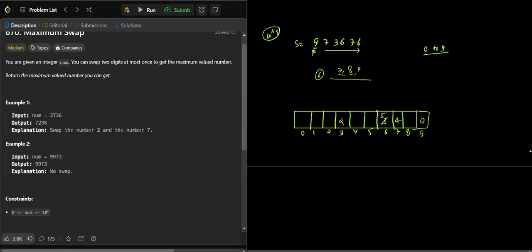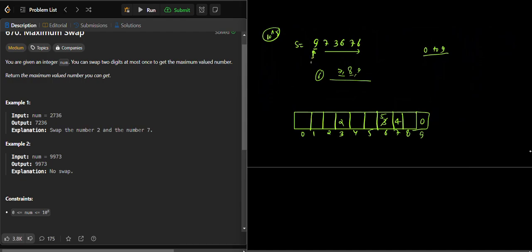Now let's say we are currently standing over the character I. Assume that here is 9, and here the character is 2 or 3. If the character is 9, in the 9 we will check in the right-hand side: is there any greater character present? No. After that we go to 7. In the 7 we will check only 8 or 9 in the right-hand side. If a value is not assigned, assume it is 0.